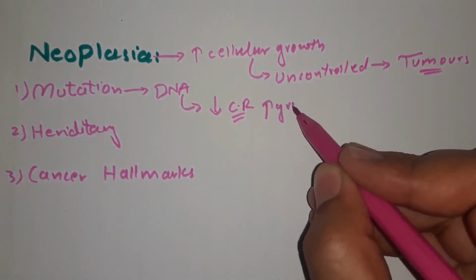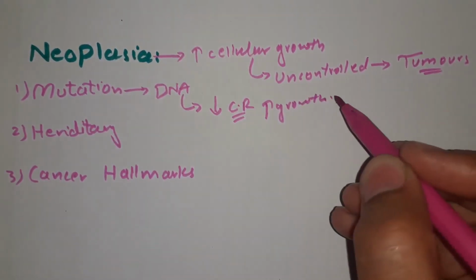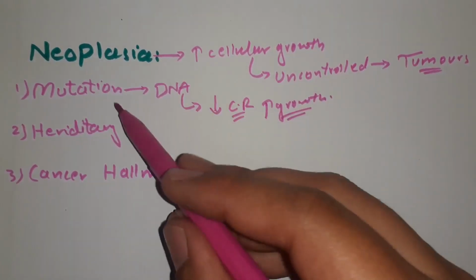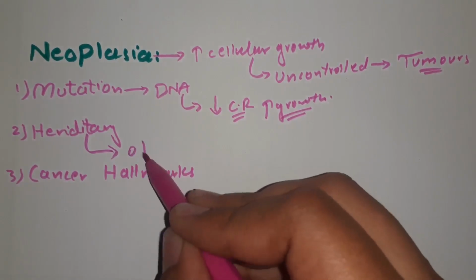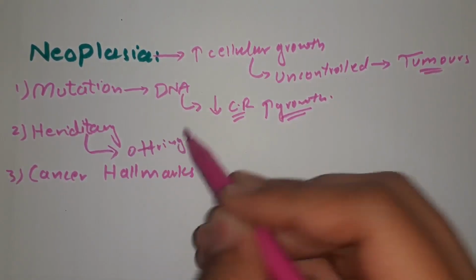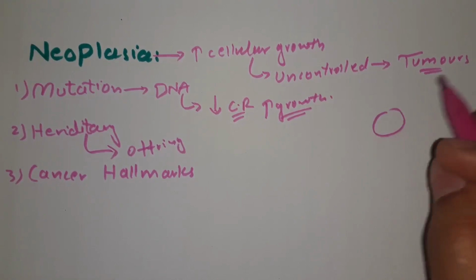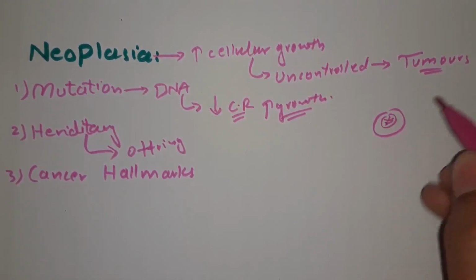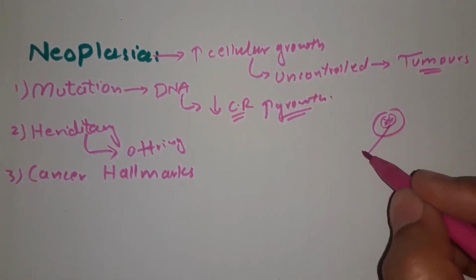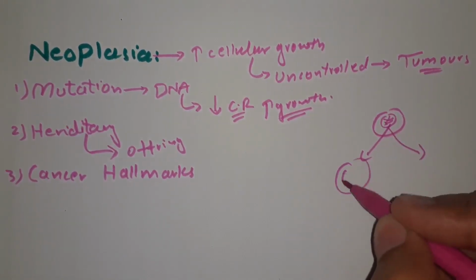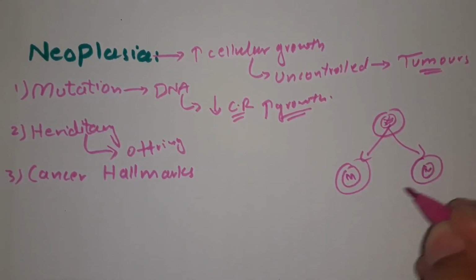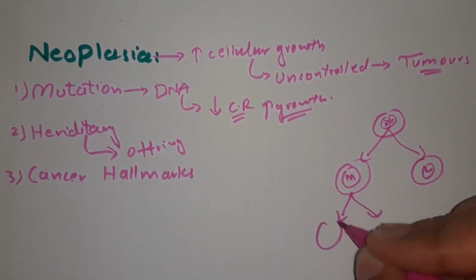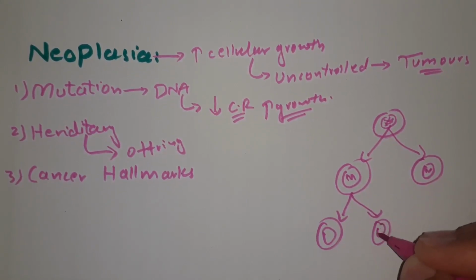So growth rate increases and tumors are produced, and these mutations are hereditary, which means they are transferred to the offspring cells. Supposedly this was a cell, and here was its nuclear material, and there was a mutation here. Then it led to daughter cells, and these daughter cells will also inherit this mutation. The next daughter cell will also have the mutation, and not only does this mutation pass on,